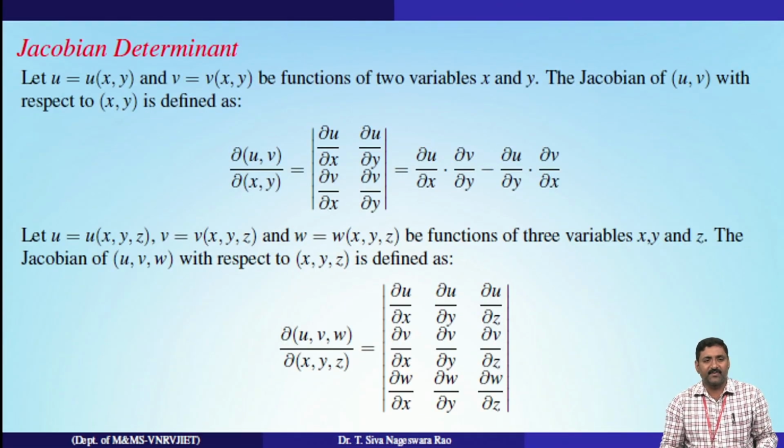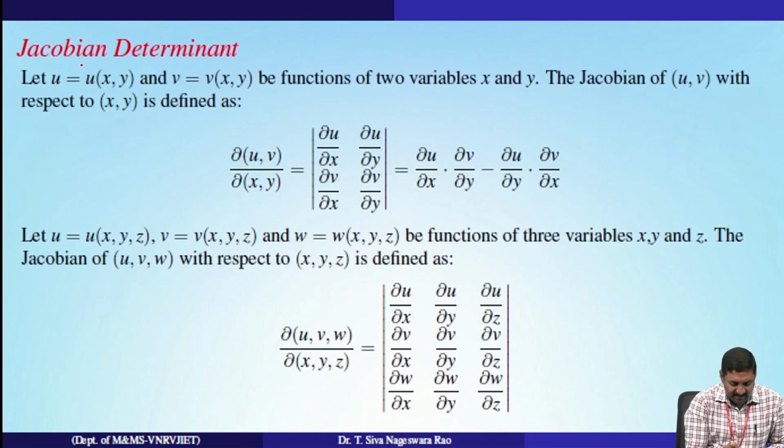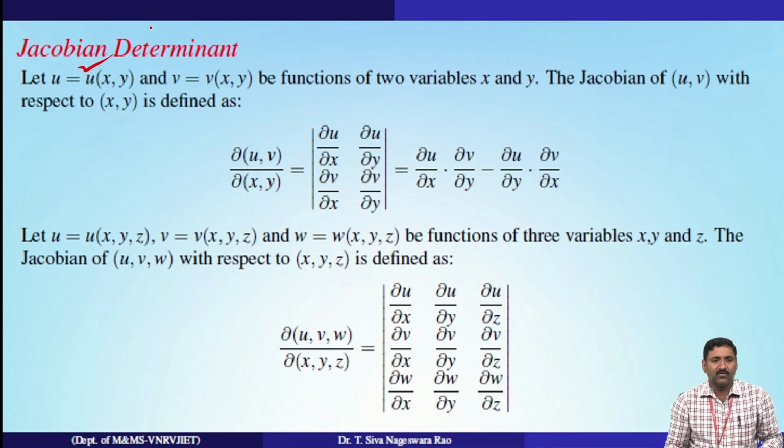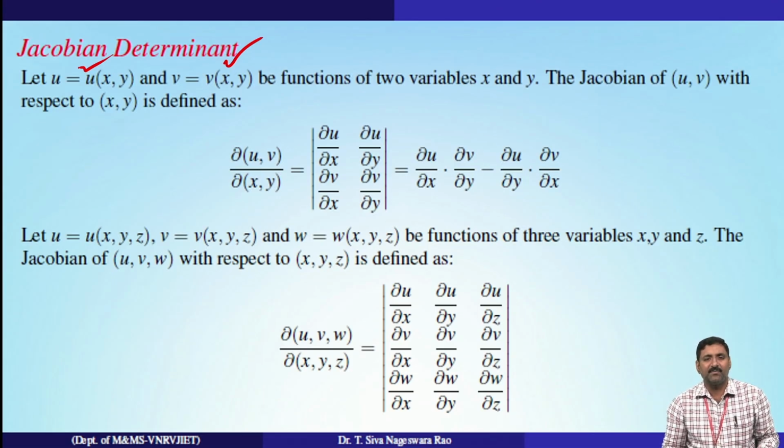Now in view of Jacobian, the definition is given in this form. Let u is equal to u of x comma y and v is equal to v of x comma y be functions of two variables x and y. The Jacobian of u comma v with respect to x comma y is defined as the determinant in which first